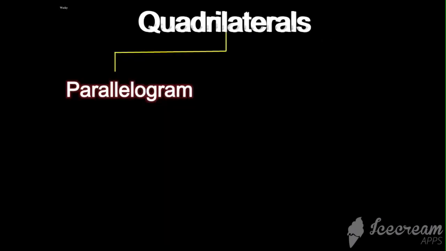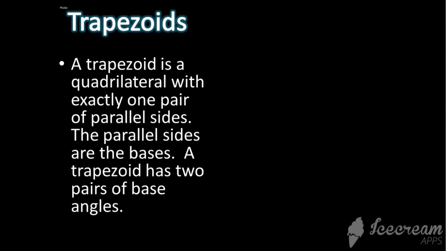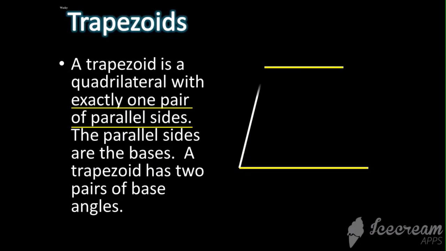Another type of quadrilateral is trapezoid. What is a trapezoid? A trapezoid is a quadrilateral with exactly one pair of parallel sides. The parallel sides are the bases. A trapezoid has two pairs of base angles. So for illustration,